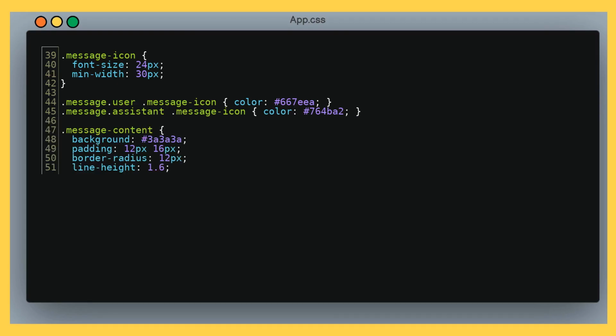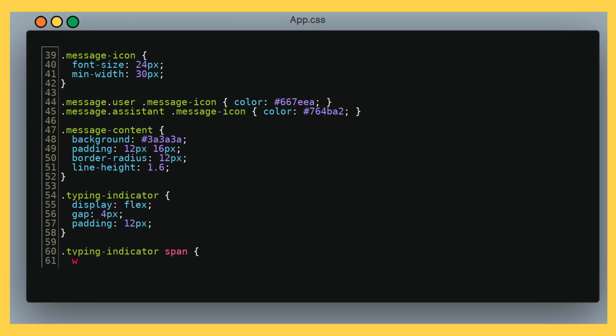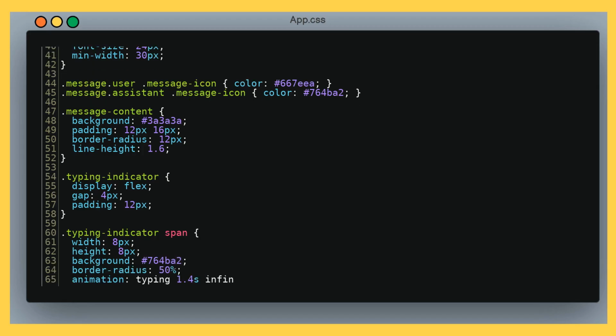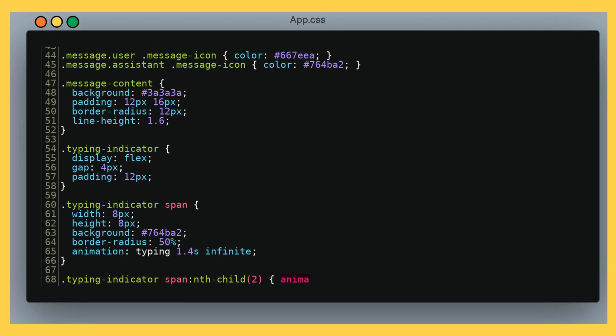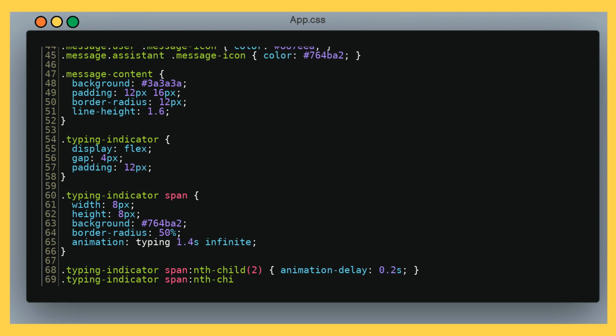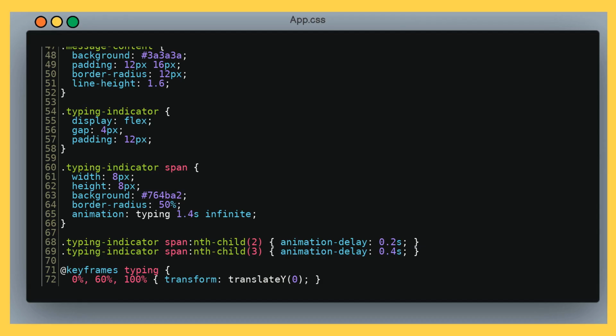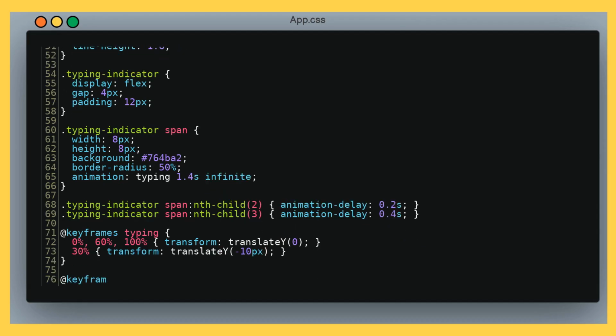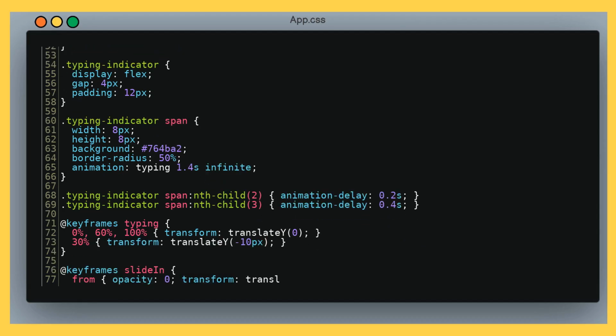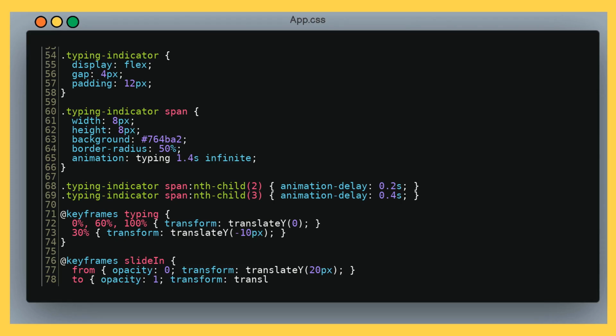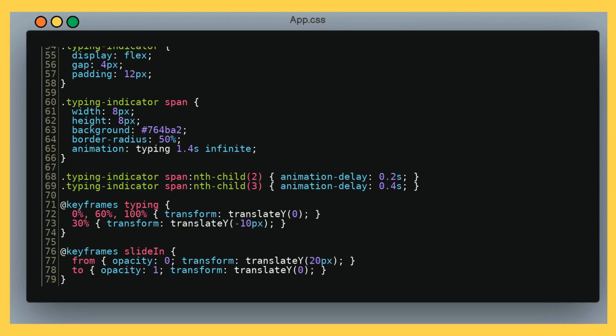The typing animation is pure CSS magic, 3 dots bouncing in sequence. Continued CSS for message styling and animations. Message icons are sized at 24px with minimum width for alignment. User messages get blue icon color #667EEA, assistant messages get purple #764BA2. Message content has dark gray background #3A3A3A, padding for comfort, rounded corners with border radius 12px, and line height